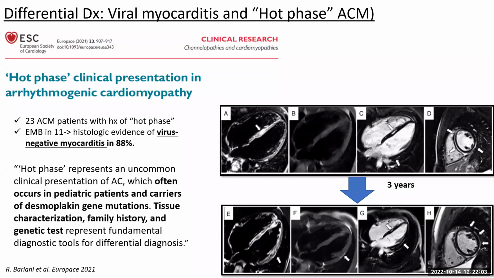So this inflammatory presentation of ACM has been described recently in this manuscript, also from the group of Padua. Authors concluded that this hot phase is an uncommon clinical presentation of ACM, which often occurred in pediatric patients and carriers of desmoplakin mutation. In this setting, tissue characterization using CMR along with family history and genetic tests are fundamental for the diagnosis. I would like to add here the critical importance of a follow-up CMR scan, because commonly